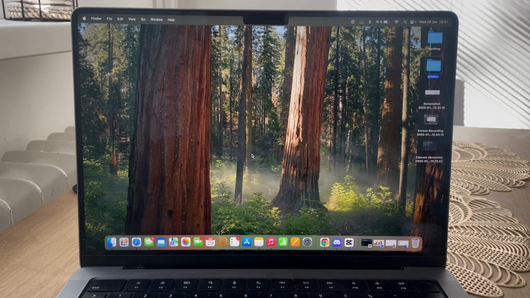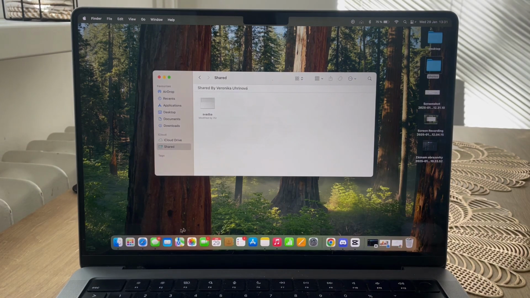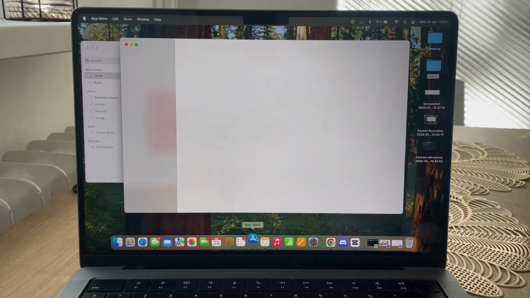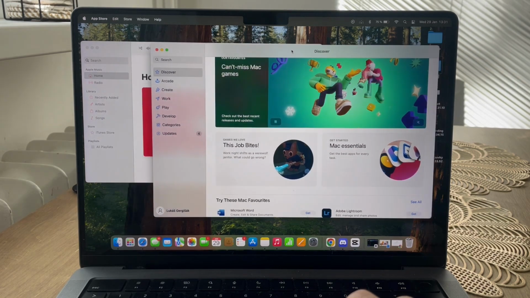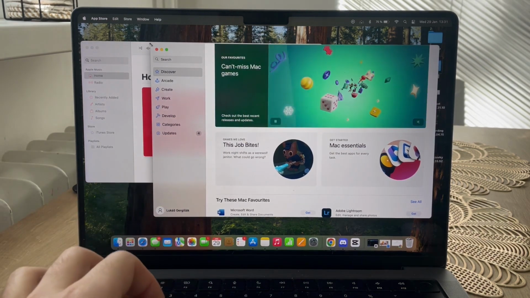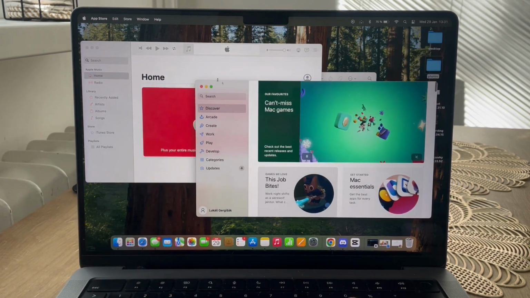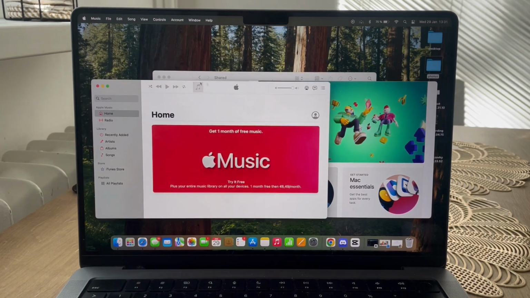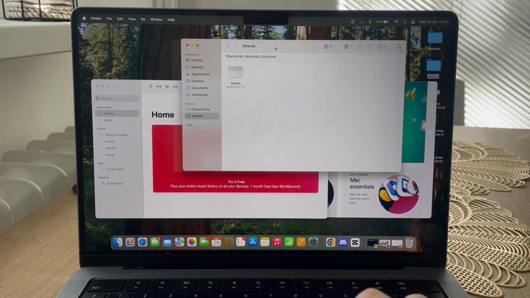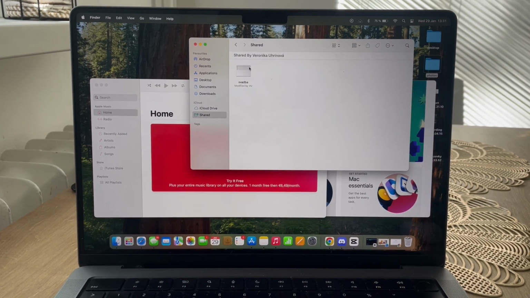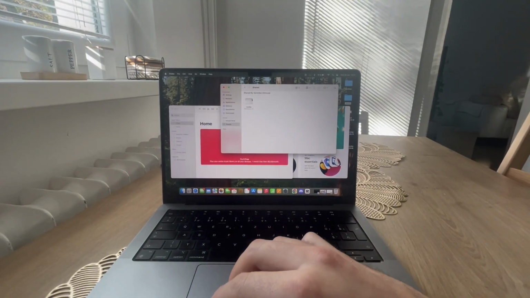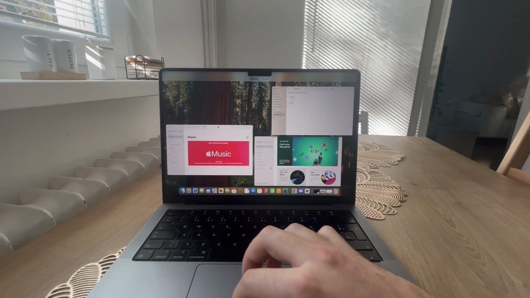So let's get started. First, let's open a few windows. For example, Finder, Music and App Store. Now I have all three windows open on one desktop, and as you can see it's a bit cluttered and not very organized. For working efficiently, to make things more organized, swipe up with three fingers on the trackpad to